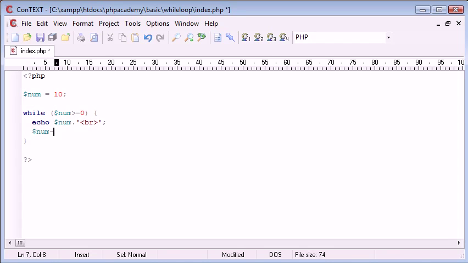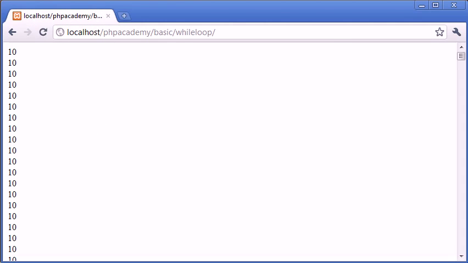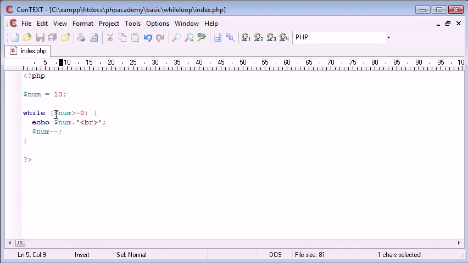So all we simply do is, as learned in other tutorials, number minus minus. So num minus minus is just going to decrement the value each time. This is the same as num equals num minus 1, but it's a lot easier to just write num minus minus. So now we refresh, and you see that we get 10 to 0, because what we've done is we've counted from 10, 9, the loop's still running as we come down, even to 3, 2, 1, 0. Now as we get to 0, we then go on to -1, but because at -1, when this value here equals -1,